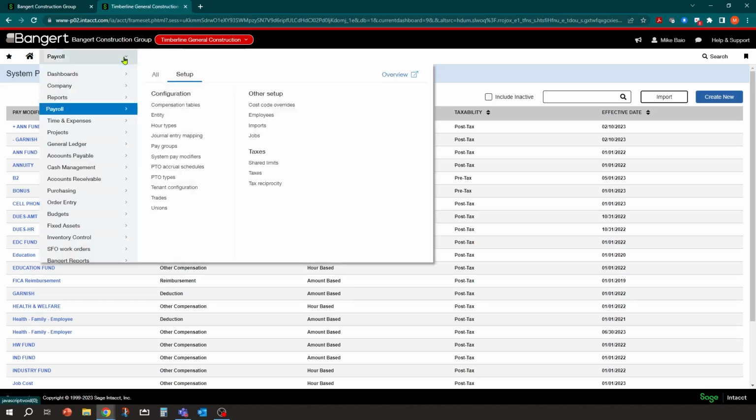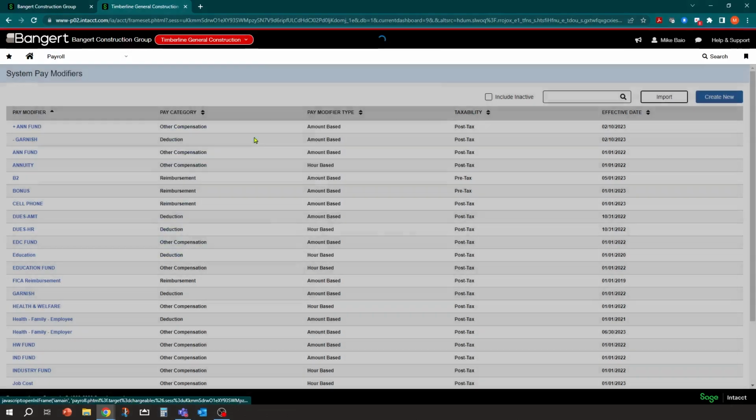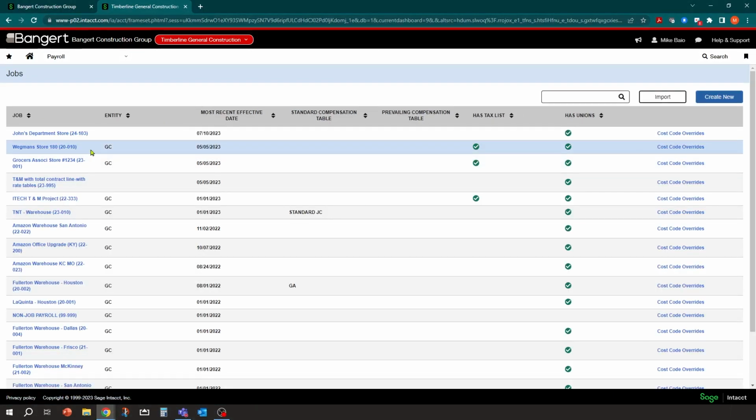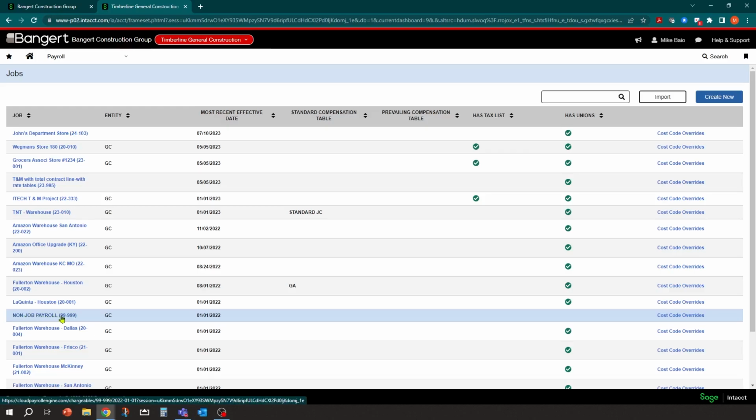And the next thing to check for is with auto salary employees, you don't need to code to a project. In the case of the bonus, you're going to need to code to a project. So typically, clients will have a non-job project set up in their system for coding hourly to miscellaneous jobs. So whether you want to set up a new job for bonuses or if you already have one set up, you can play off that as well. In this case, I do have a job set up in here called non-job payroll.